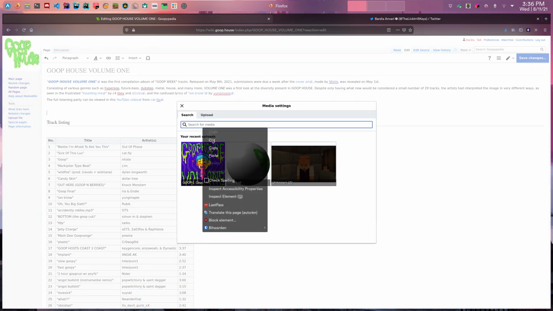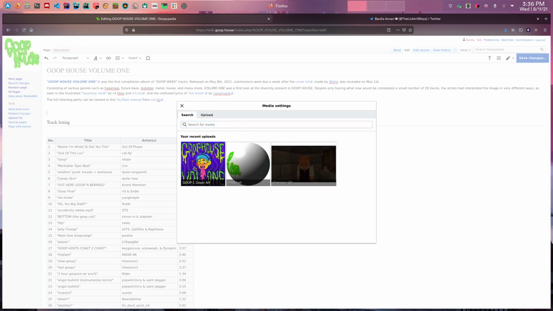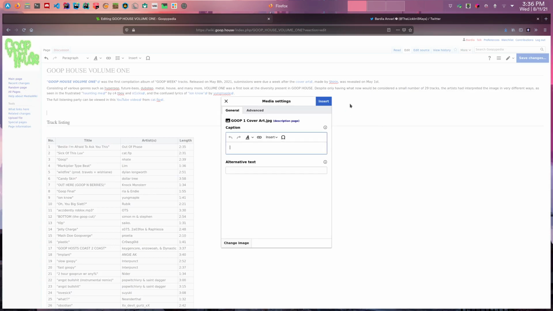Sometimes if it doesn't show up, you can just click paste and you can search for it here. It'll show up right there. But it should show up under this. So let's click on it and then click use this image. Caption, you can just say